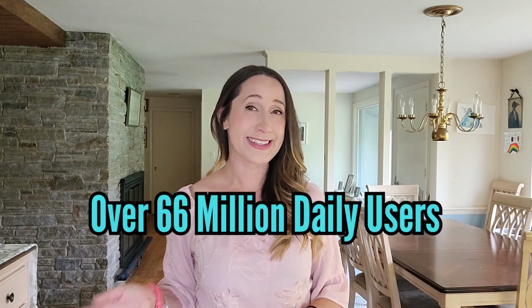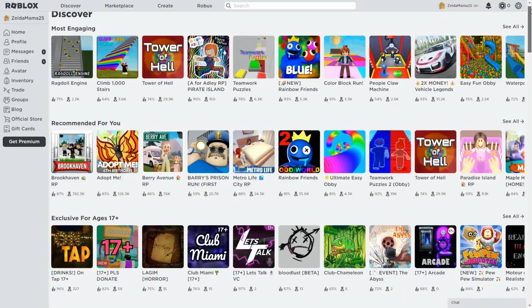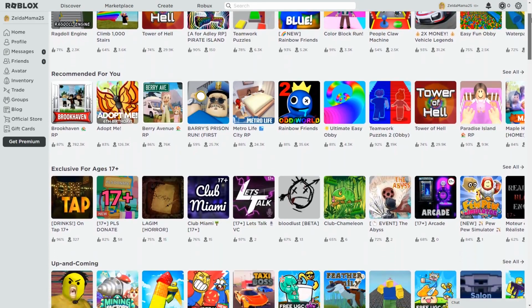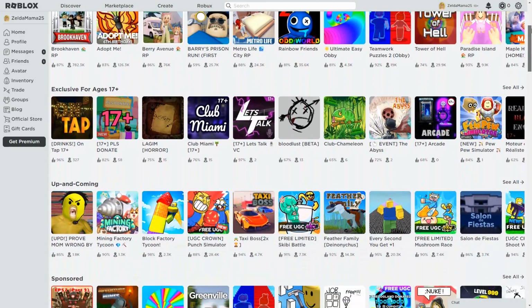First, for those of you who aren't really familiar with Roblox, here is a little overview. Roblox is an online gaming platform that is used by over 66 million users per day. Users can choose from a huge library of games that were created by other Roblox users. You can even create your own games, although this process does require some basic coding knowledge. The games are played online with other players who can interact with each other in the games.